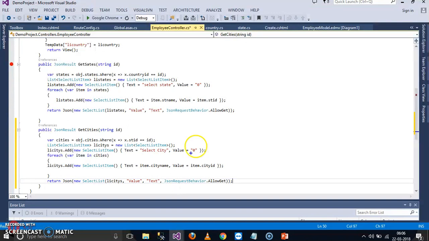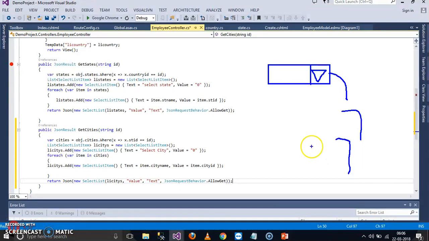So what is my requirement? Whenever the user selects the drop down list, this is the state drop down list. Whenever the user selects it, what will happen? The request will go to the server. Here the document.ready function will fire, then the on change event will fire, then this will clear the city values, and then